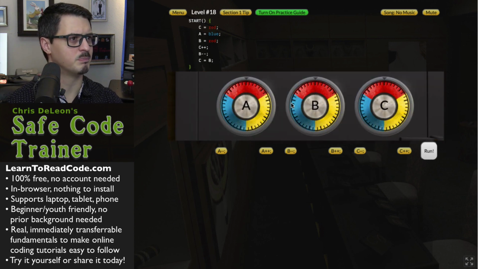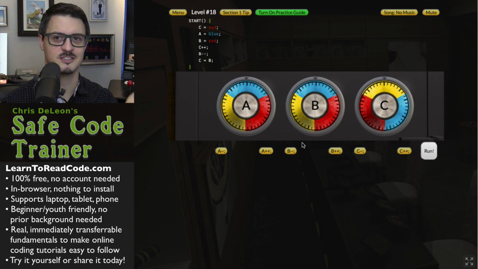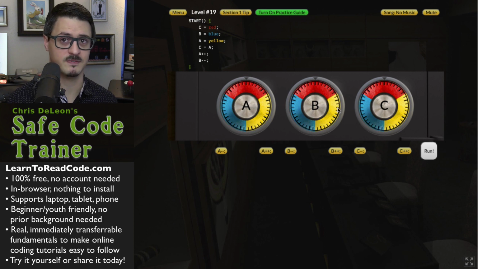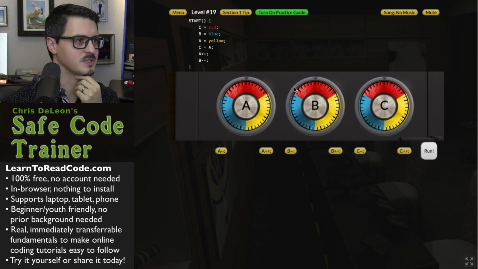C to red, B to blue, A to blue. They almost threw me off. C++, and again here we see our first B minus minus, turns the other direction, and then B on to C for all blue. Of course, these puzzles are randomly generated, so every time you play level 15, it's going to be different, but depending on which block of 10, you get a different set of features in there,